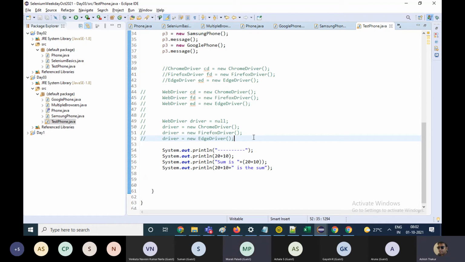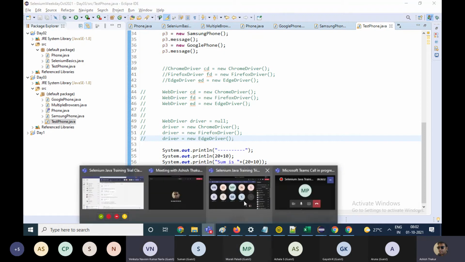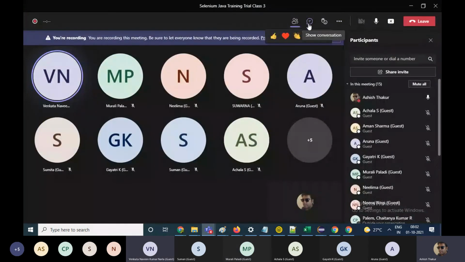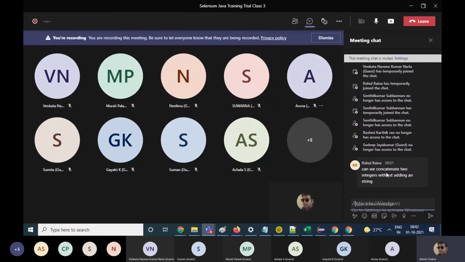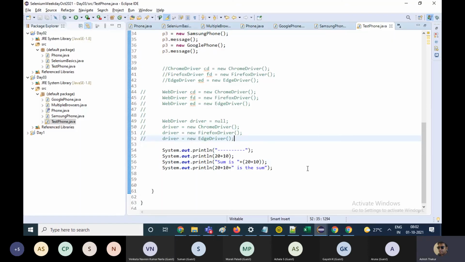Is anybody writing something? Can we concatenate two integers without adding a string? No, we'll have to add a string if you have to concatenate.